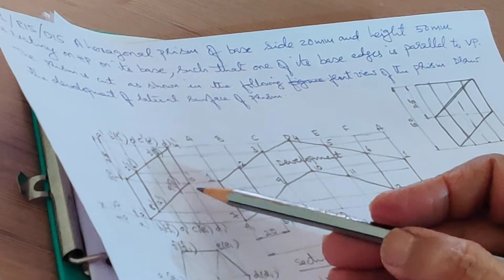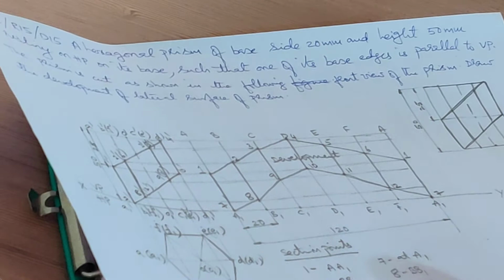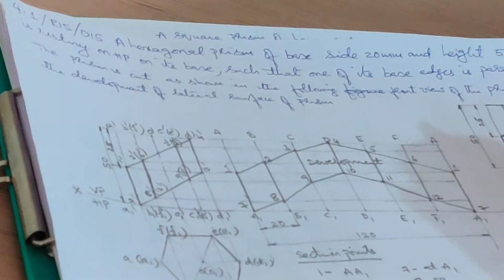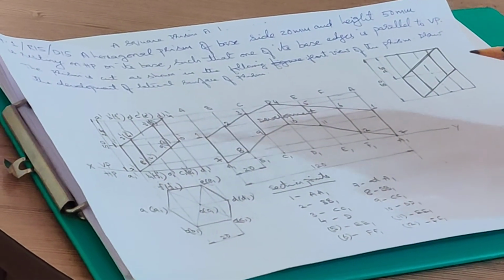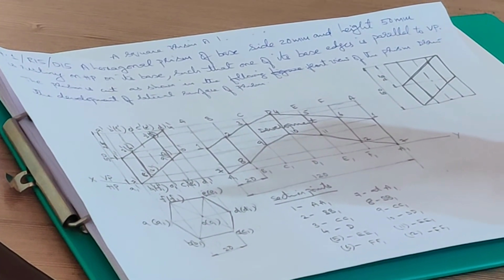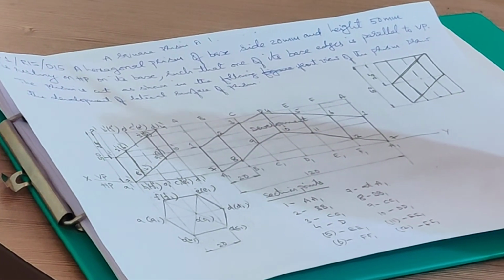You will get what is this. When you look at this from the front, it appears like this. Okay, so this is the first problem. It is quite simple. Only thing, you should know how to name the section points. You should name the visible section points first and then come back and show the invisible section points. And don't name any section point on the axis.